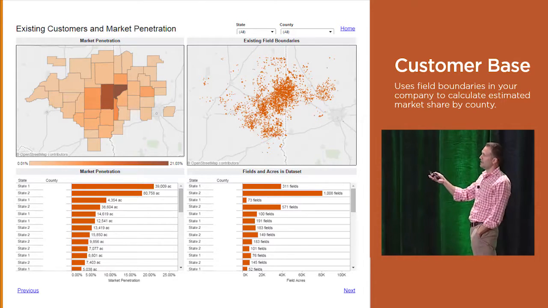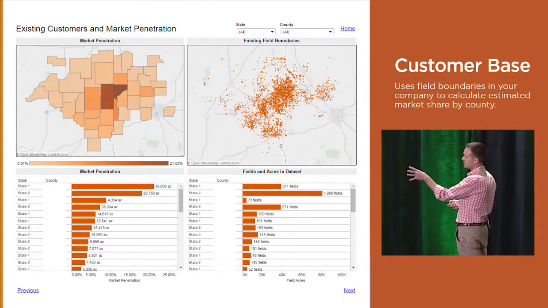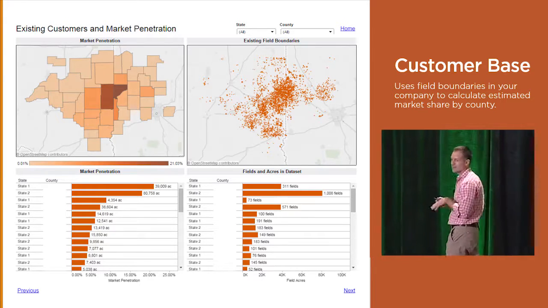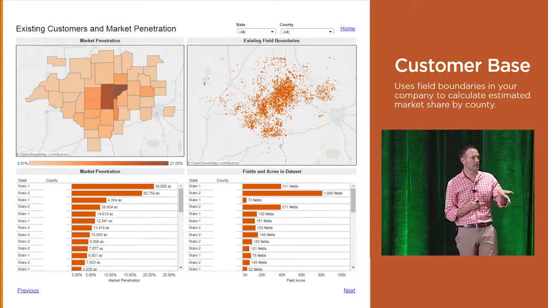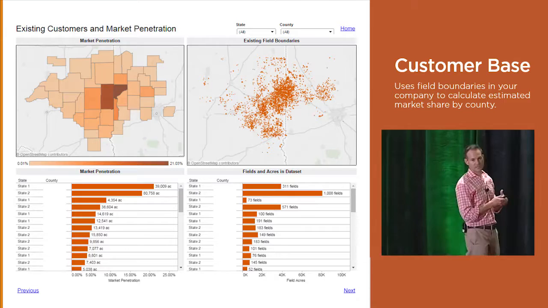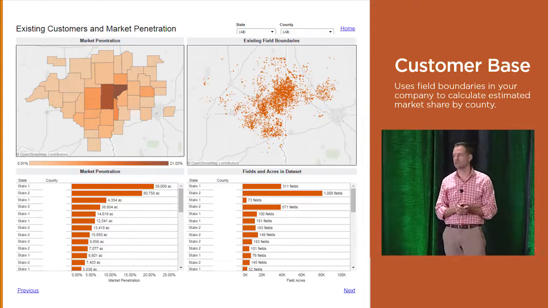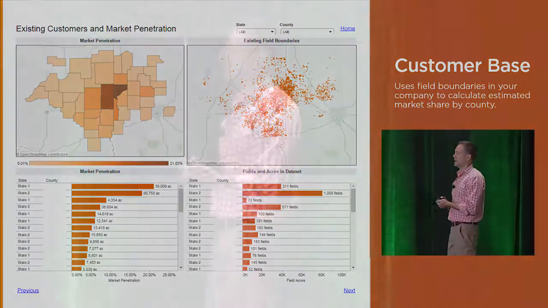And it's all dynamic, so if I click on a county, it's going to zoom in to that county and just show field boundaries that are in that county. And because this is your company data and your customers, you can see the growers, the grower names, the farms, the field locations, and so on. And I'll stop right there for a second and say that,